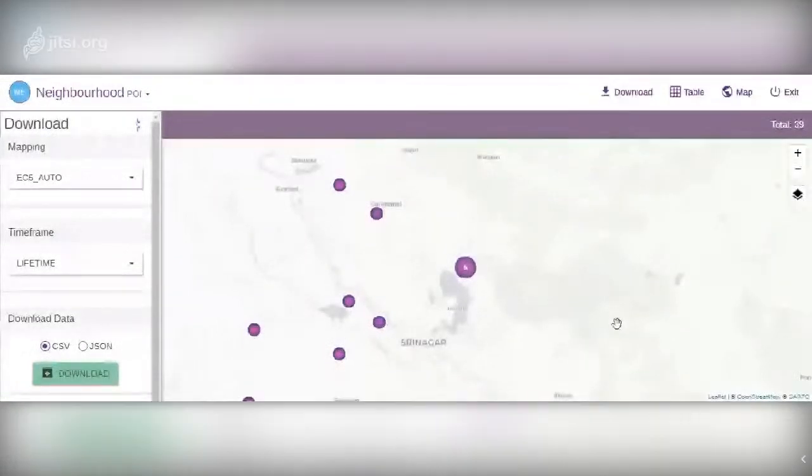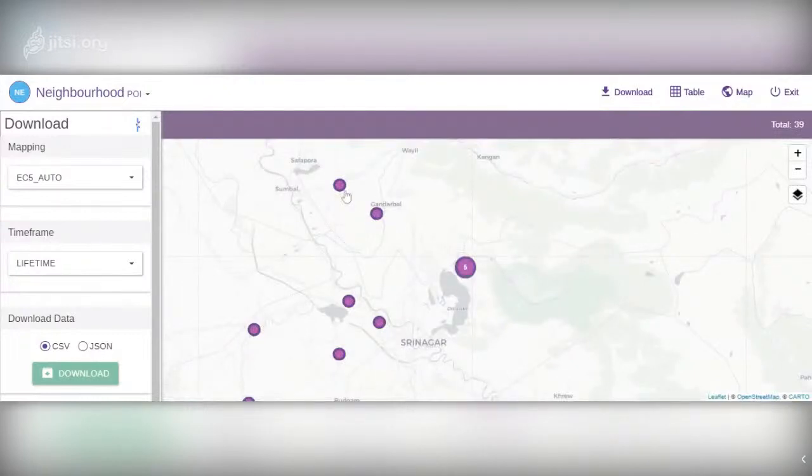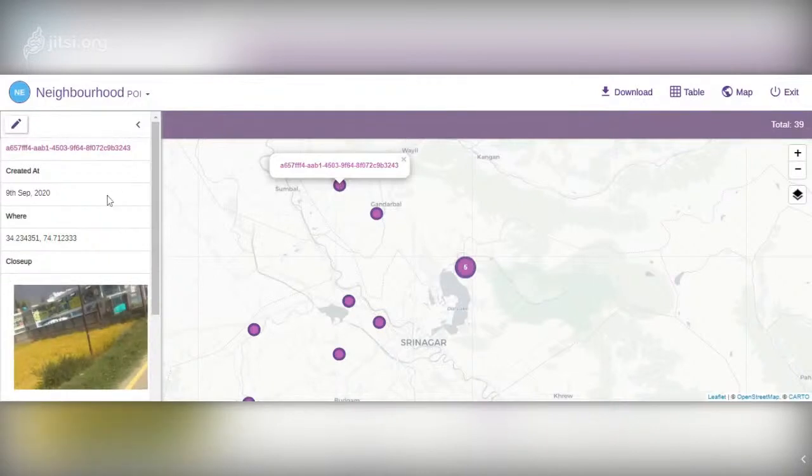If you share the window, this happens. So this is the EpiCollect server. Now I think it is visible. So you have a tabular view of your data, and another is a map view. You can view your data from the map, just click on that, and you will get whatever attributes you have populated in the window, including your photographs.